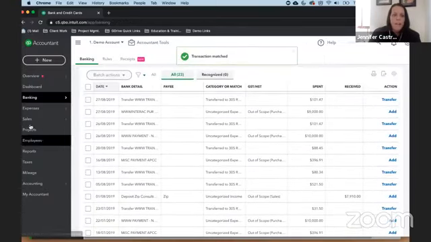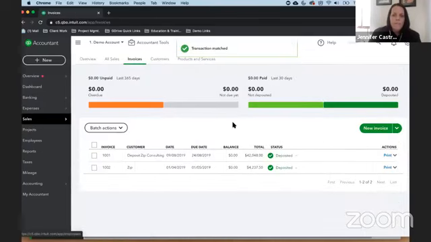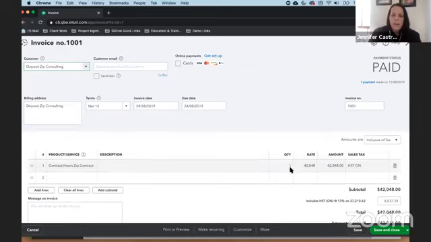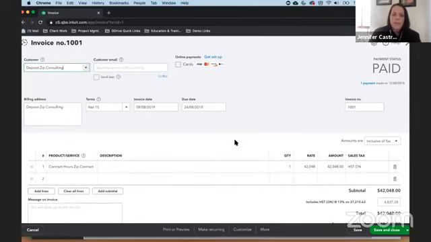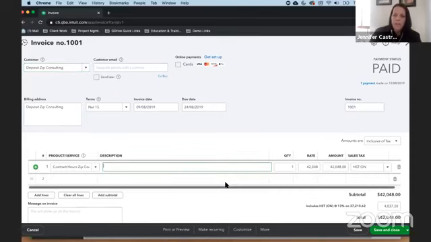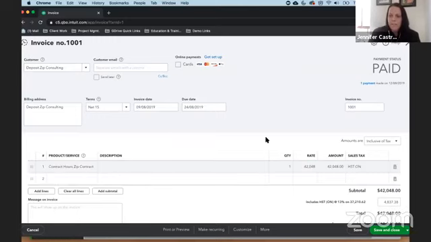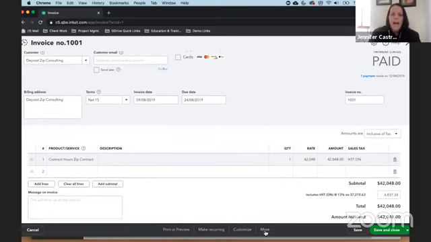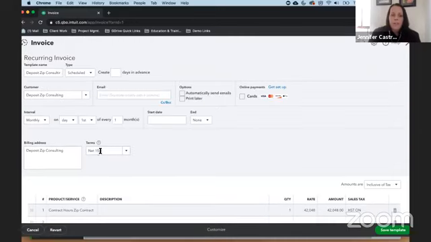That one. And what Andrew was talking about with recurring invoices is right here. Let's just click on it. So what you can do is, say you have a template for your contract revenue where the description is already filled out. You want to save that, and I don't know why it changed it to a crazy rate on this one. Okay, and then you're going to go right here, make recurring,